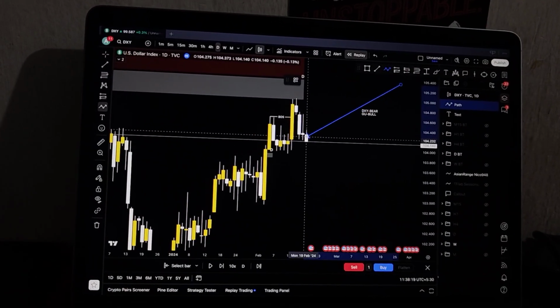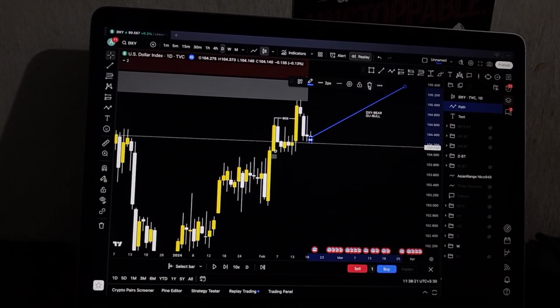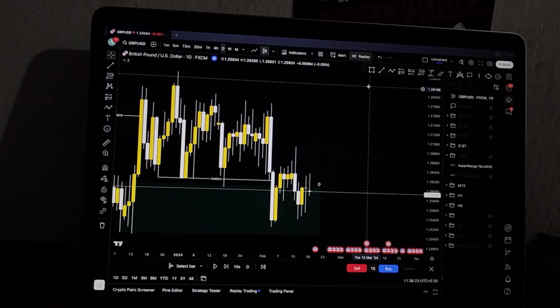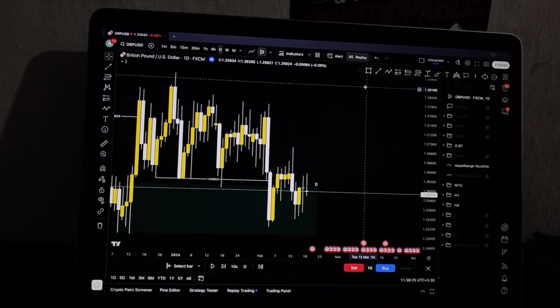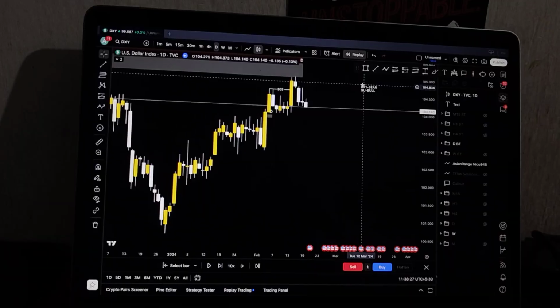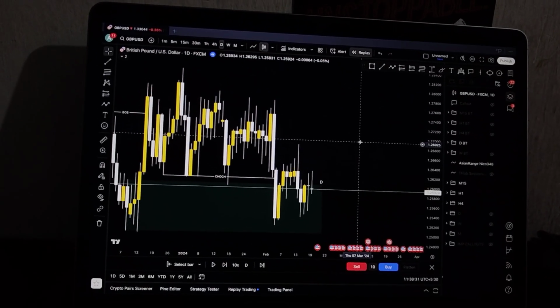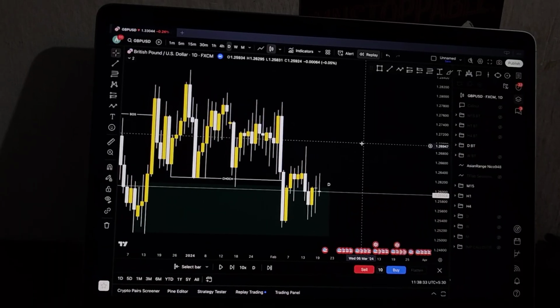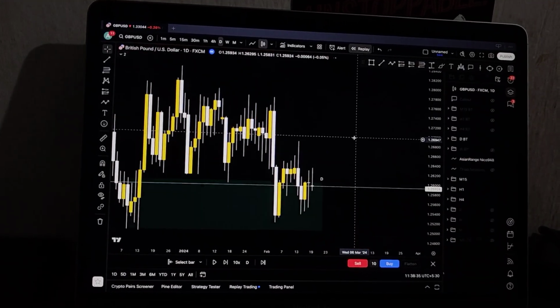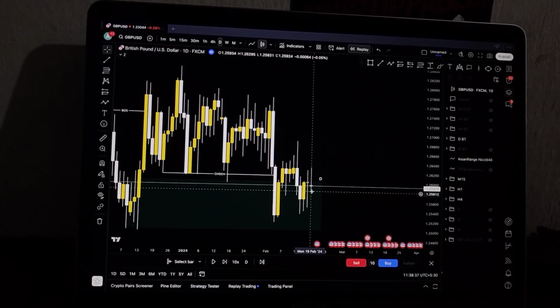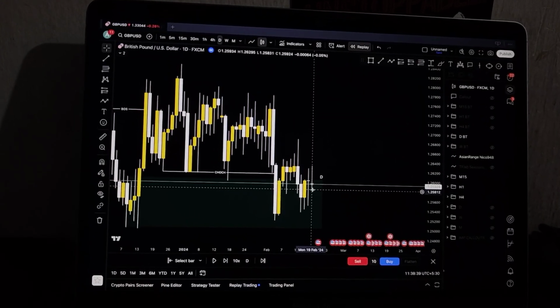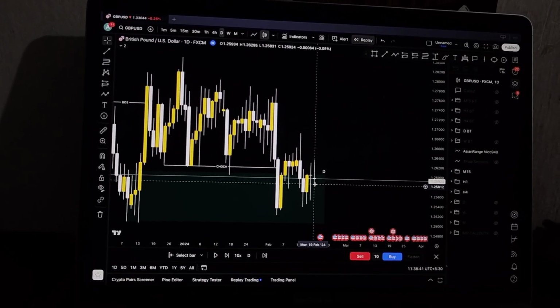And yeah, look at this. Even Monday closed bearish on DXY and bearish on GBP USD. Sometimes the markets will do the same thing like that. That is when you don't trade. You just don't trade, or you trade with the higher time frame bias. So the higher time frame bias on DXY is bearish, so obviously the higher time frame bias on GU is bullish. The higher time frames, as in the weekly.